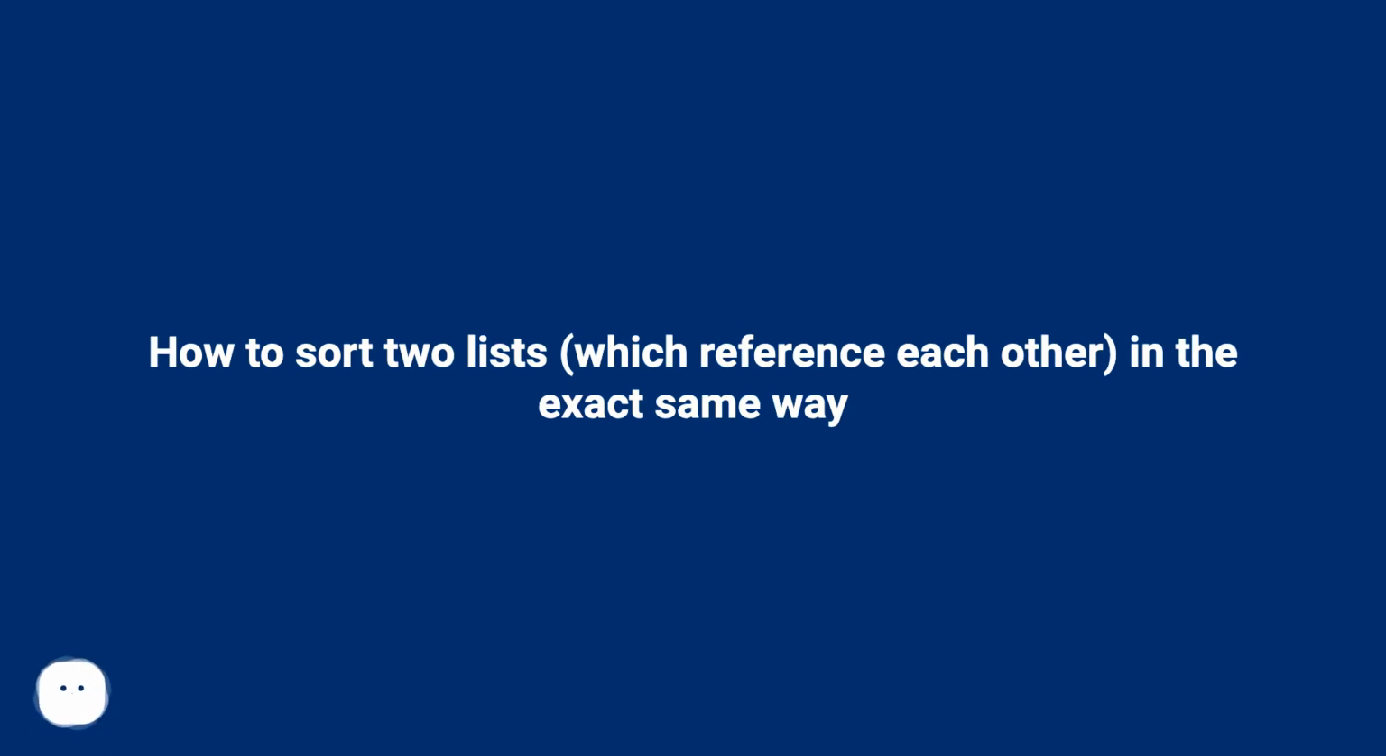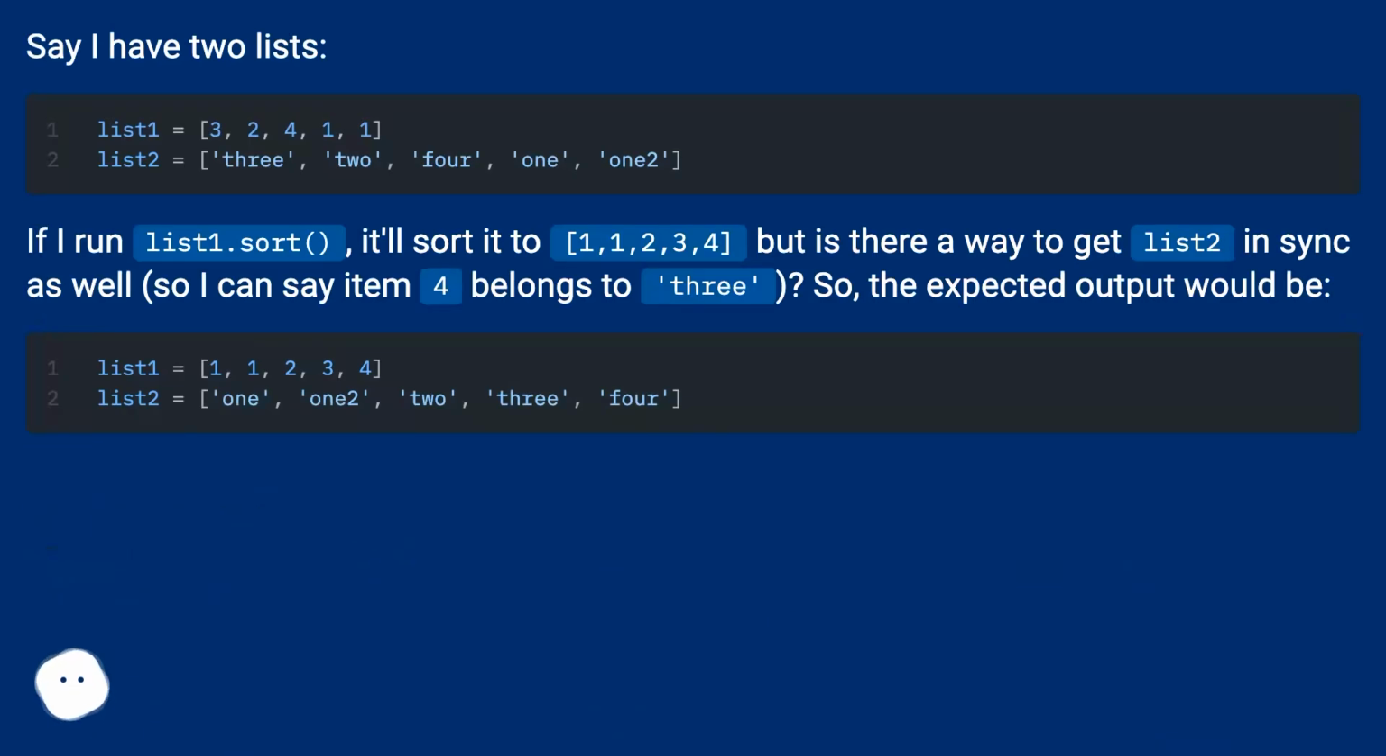How to sort two lists which reference each other in the exact same way. Say I have two lists. If I run list1.sort, it will sort it to 1, 1, 2, 3, 4, but is there a way to get list 2 in sync as well, so I can say item 4 belongs to 3? So the expected output will be